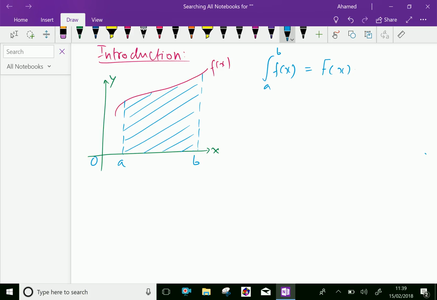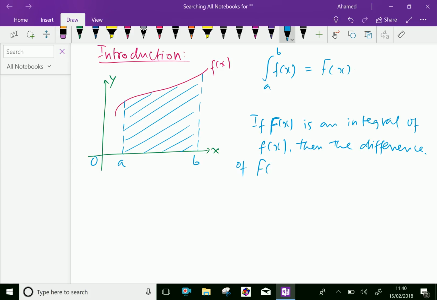Now, let us see more definition on that. If F of x is an integral of small f of x, then the difference of that, F of b minus F of a,